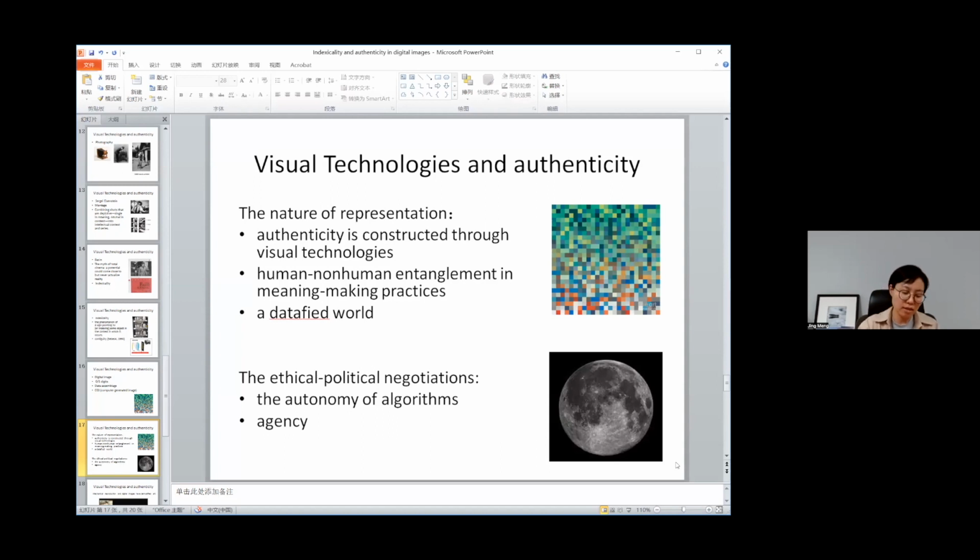So I think this is what, from critical data studies or from this kind of image, when we are talking about authenticity, when we are talking about these digital images, these are key underlying questions of technologies and of AI and of the digital world. So this is what I am trying to talk about regarding AI and AI enhanced images, and also this kind of digital image. But with all this said, I think there is another very interesting observation I have made